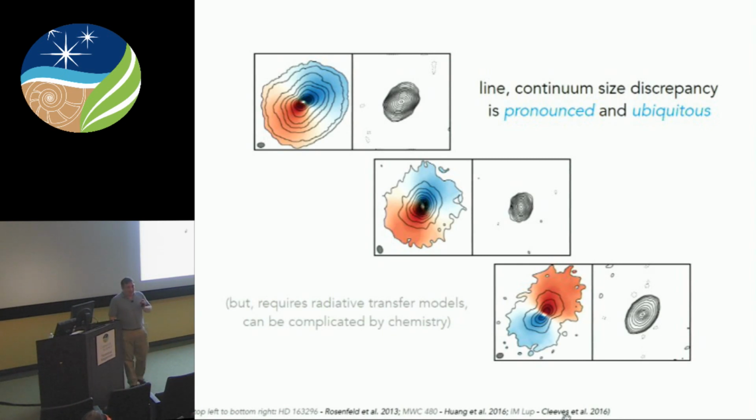And there are some subtle and interesting chemical effects that can be tricky. If you remove the large particles from the outer part of the disk, and those large particles are the sites of dense ice mantles of the volatiles that you're tracing in the gas phase, you can actually create a chemical effect where you might produce more CO than we'd see otherwise. I don't know, there's all sorts of tricky things. But we do think that this is only explainable by the radial segregation of the pebbles and the gas.